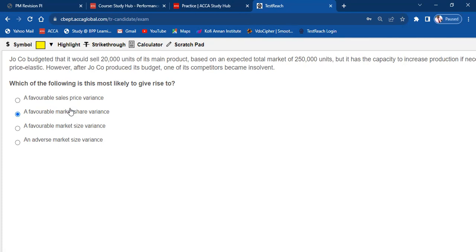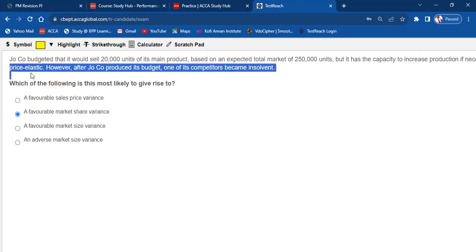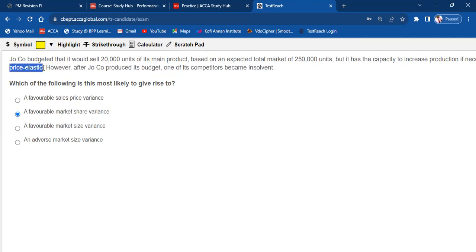Favorable sales price variance, no, because customers are price elastic. They respond quickly to changes in price. So if you increase your price because your competitor has gone out, you will lose out on the market because customers are price sensitive. So this is a classic question testing your understanding of the things you learned how to